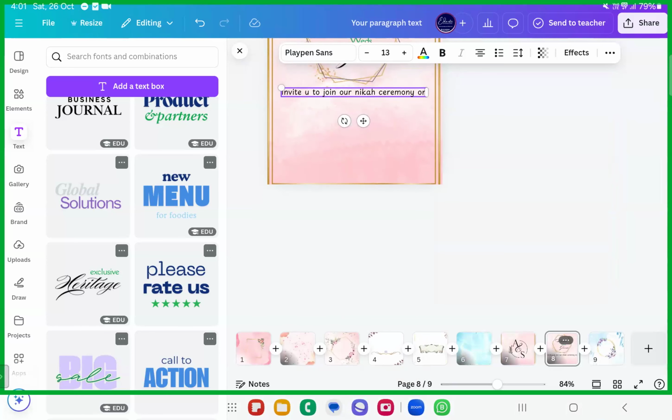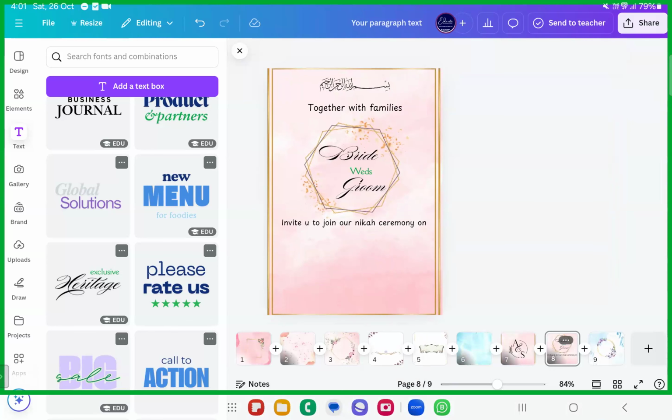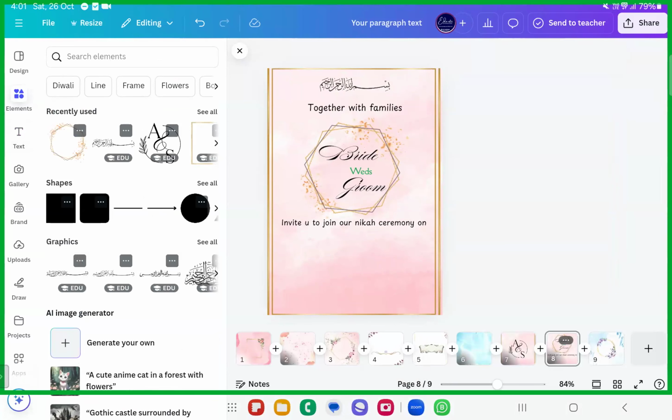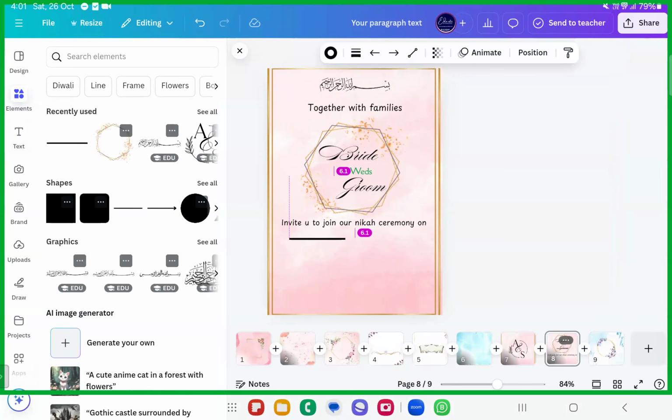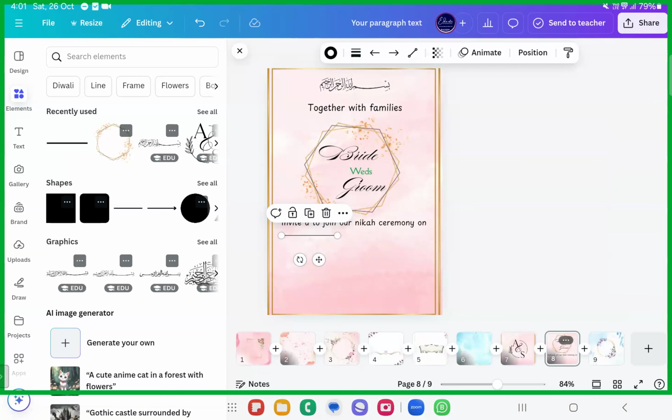Okay, now you have to write the date, day, as well as the month and more. So you have 2 to 3 ways of doing that. You can just create the lines. You can take the shapes. I'll just show you some ways that you can start off with. I'll take this line and reduce the PT of this line to 1 PT or 2 PT, 2 PT is fine for me. I'll just duplicate this over.